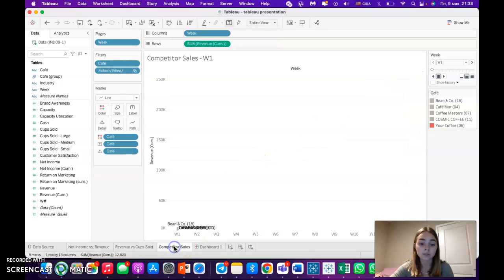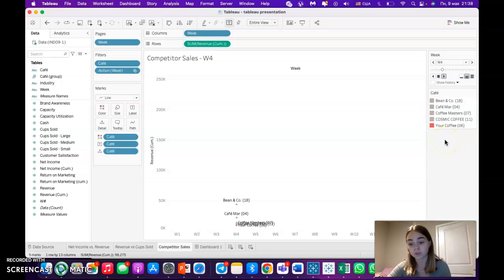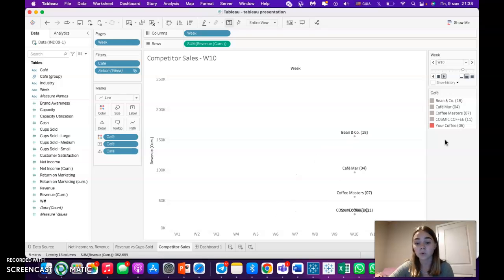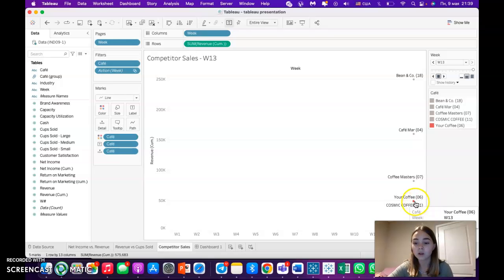And the competitor sales, there is information about my cafe, which is Your Coffee, and 4 other competitors, and there we can see their results during those weeks, and the result for my business wasn't so good. So it was increasing during the time, but at the same time the amount was low, so we had revenue of 48,000,